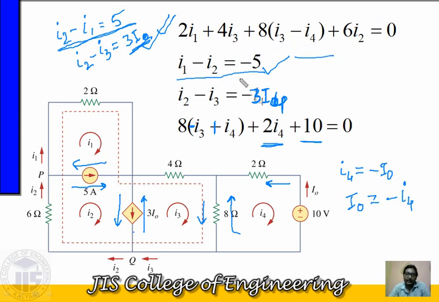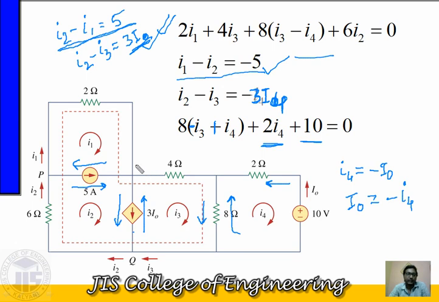Now we have the equations, this is our first equation, whatever we are getting from the super node. These two equations we are getting from inside of the super node, and this equation we are getting from the last node. So now we have a total of 4 equations and 4 variables: I1, I2, I3 and I4. So simply solve the equations and find out the values of I1, I2, I3 and I4, and after solving these equations, you can find out the current through any branch.